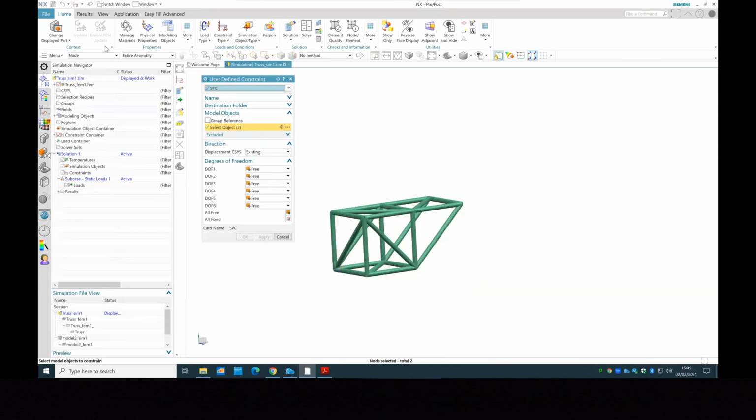So repeat it one more time. Make sure you activate the node in here. Pick those two nodes. And in here, I'm gonna apply the degree of freedom. I'm gonna put the first 3 degrees of freedom to the